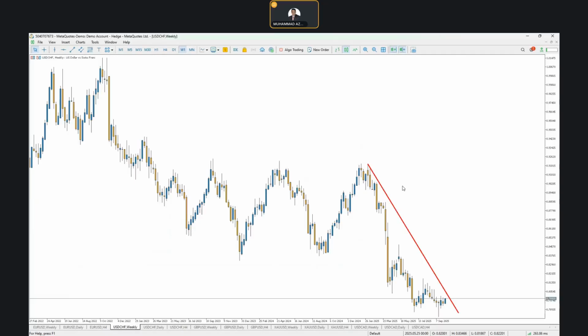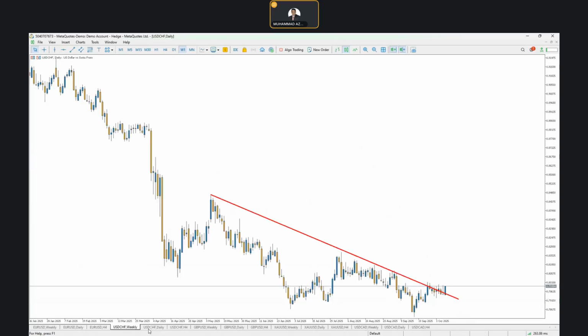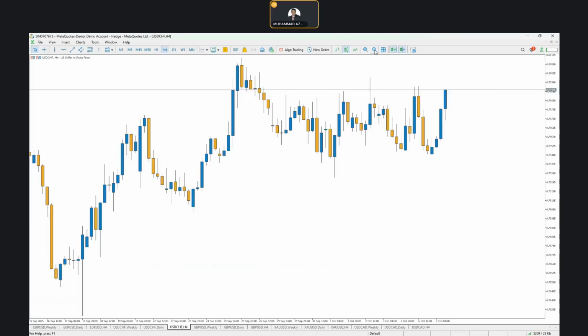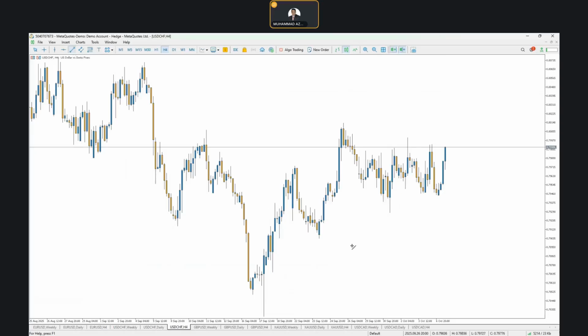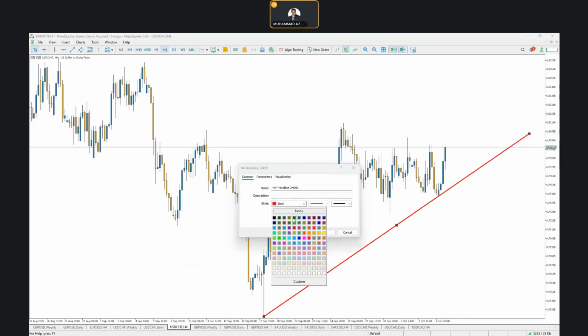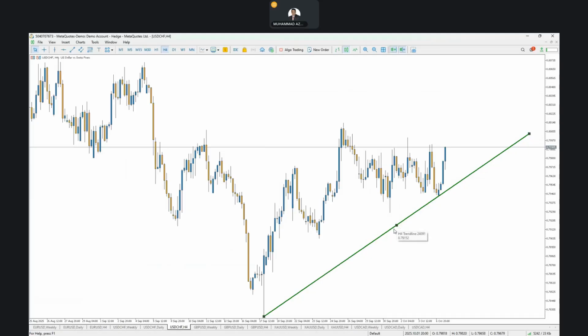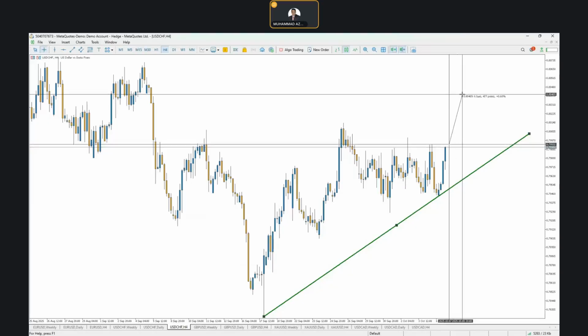The US dollar Swiss franc shows us a nice downtrend, and you can notice it with the help of this bearish downward sloping trend line. Now, next one is the daily. Inside daily time frame, you can see we're getting kind of a bullish breakout over here. This could turn into a failed breakout as well. However, in 4-hour time frame, the US dollar Swiss franc is showing us a nice bullish trend over here. Price action is just printing higher swing highs and higher swing lows, so we might get further upside in US dollar Swiss franc currency pair.